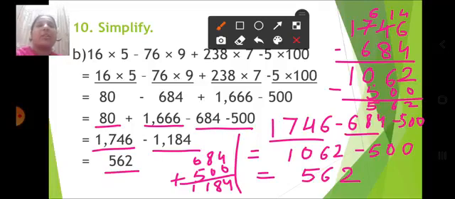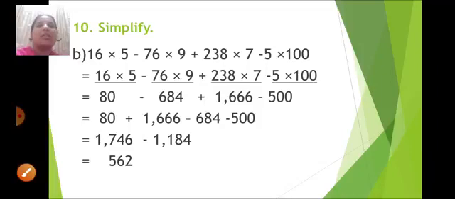Okay. If you have any doubt, children, you can just add them and then move from left to right, if it is only addition or subtraction there. Okay. So in this way we simplify the problems. We have to follow the steps, that first we have to multiply, then we have to add, and in the last we will subtract. Okay. And then you will be able to solve the questions which have mixed operations.